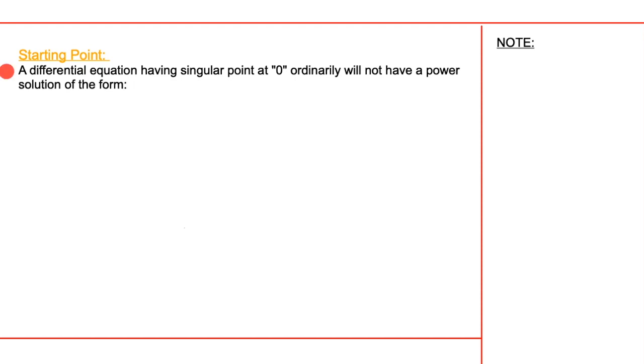A differential equation having a singularity at 0 will not have a power series solution of the form y of x equal to summation over a_n x to the power n. So the straightforward method fails in this case, but the power series method can be generalized to apply near the singular point. Let us start to investigate the second order homogeneous differential equation of the form